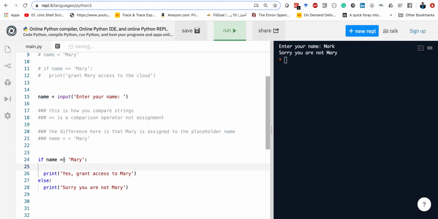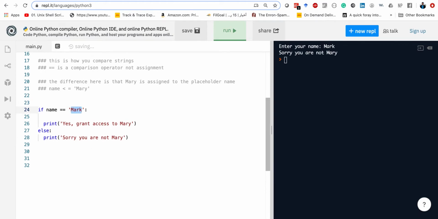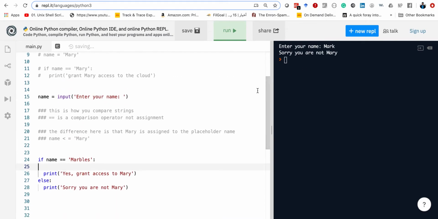On the other hand, here, this is indeed an equality check. So if you want to check for equality, if the name here equals Mary, equals Mark, so anything you want, equals marbles, like that. It doesn't matter what it's called. But here it will check. So if I run this one more time,